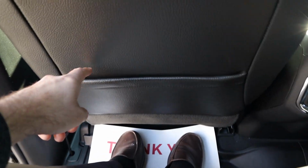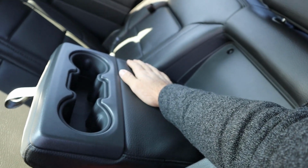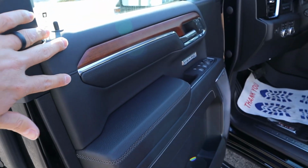Legroom here in the back is actually pretty solid, and we've got a storage pocket here. We've got some cup holders, heated seats down below, USBs, and some vents. And then headroom's also good. And this, of course, has the cup holder armrest. Notice keyless entry. Now taking a look at the rest of the door panel, you can see really nice leather